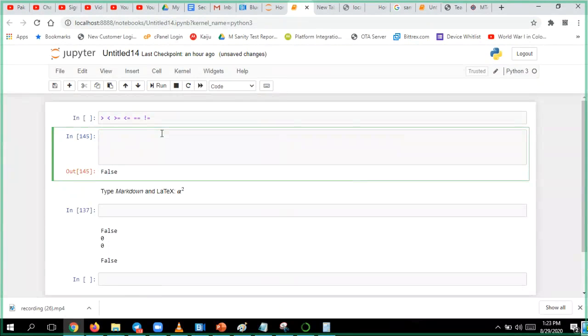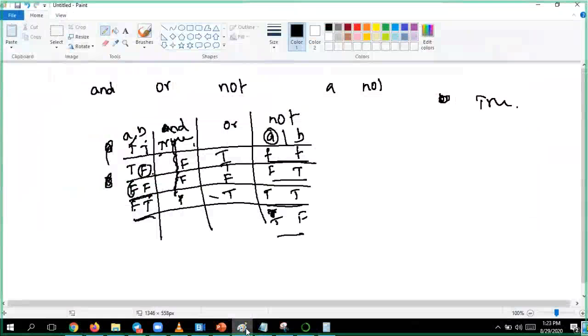Now bitwise operators we will go to. Just remember, there is something called bitwise operators. Now what all have we covered? First, arithmetic. Second, relational operators.